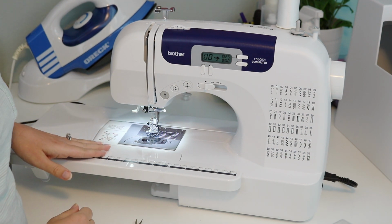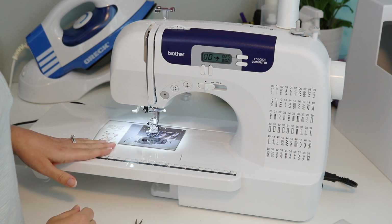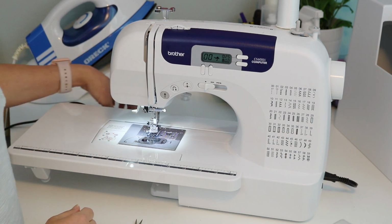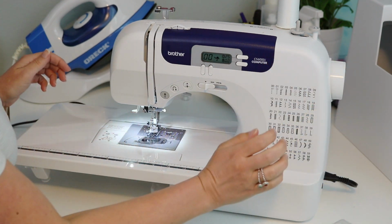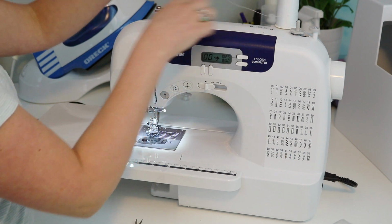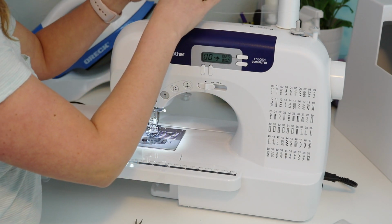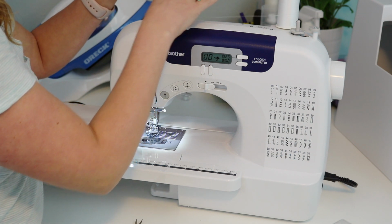I wanted to show you how to wind a bobbin. So all I've done is plug in the power cord and turn it on. I have some white thread, which I put on the spool here, and on top of the machine are instructions on how to place the thread. So I go under here,